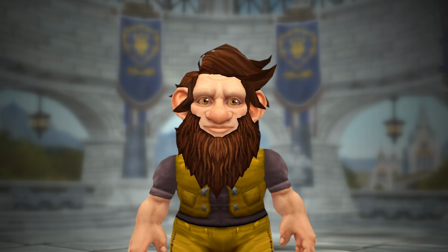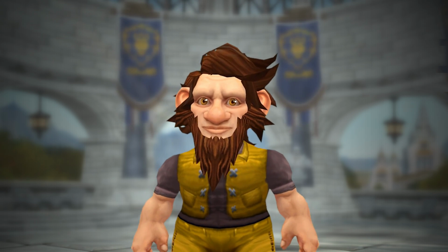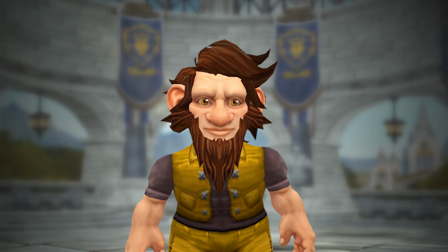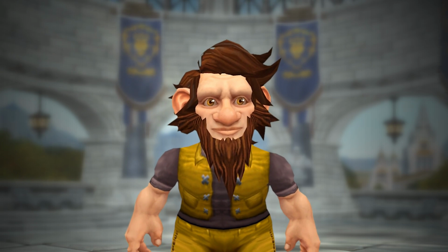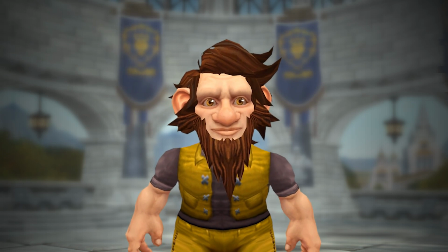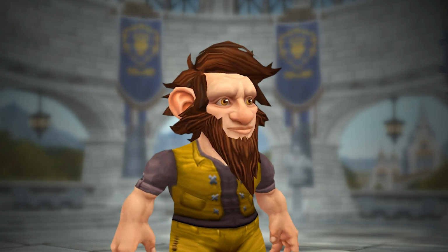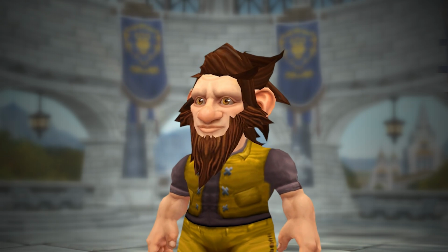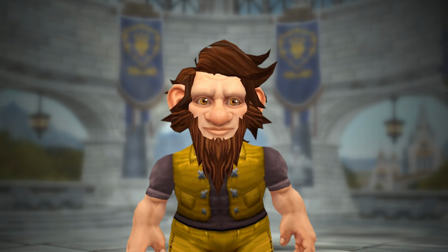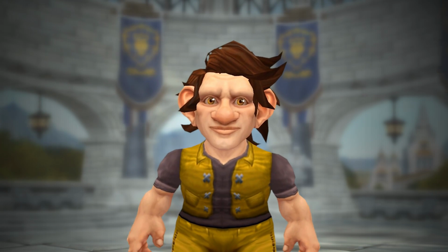However, there are some new beard options for the gnomes, and this is the first one. Yeah, it's pretty interesting. As I said, there probably is an accompanied mustache for it, which we will have a look at in a moment. But yeah, this is one of the beard options for the gnomes. Pretty pointy, kind of. I'm not sure if that is the right texture for it specifically. That's the only texture we currently have in the game, but yeah, it's certainly unique,